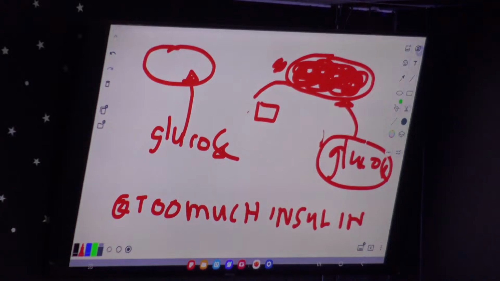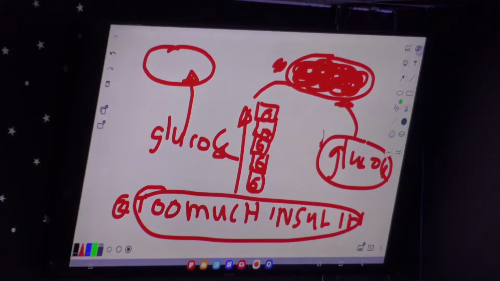Because this cell is pregnant with fat and cannot take up glucose, glucose begins to accumulate in the blood. That high glucose accumulating in the blood is a trigger for the pancreas to produce a high amount of insulin. That's where the too much insulin comes from, right? That too much insulin becomes that tyrant, and the cells lose their respect for insulin because of that. Now, when the cells lose their respect for insulin, the cells clamp their doors even shorter and make more and more glucose accumulate in the blood.